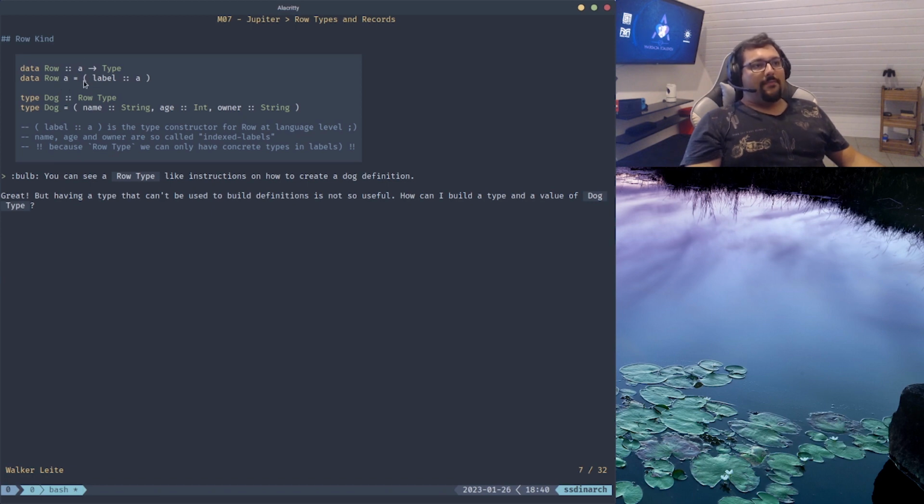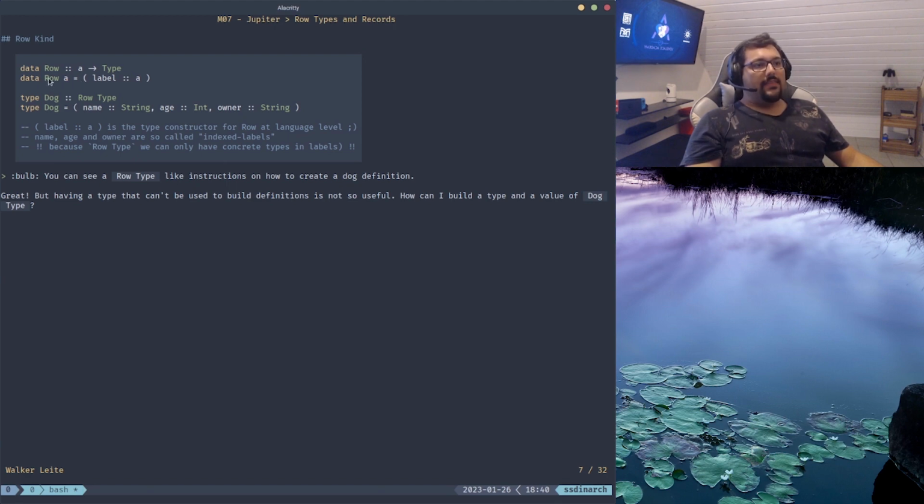So the type constructor of this row native type on the language side is this parenthesis, and we have this construction here. In this construction, we say this is a label on the left side, and on the right side it's a type. So in this case, we are building a row